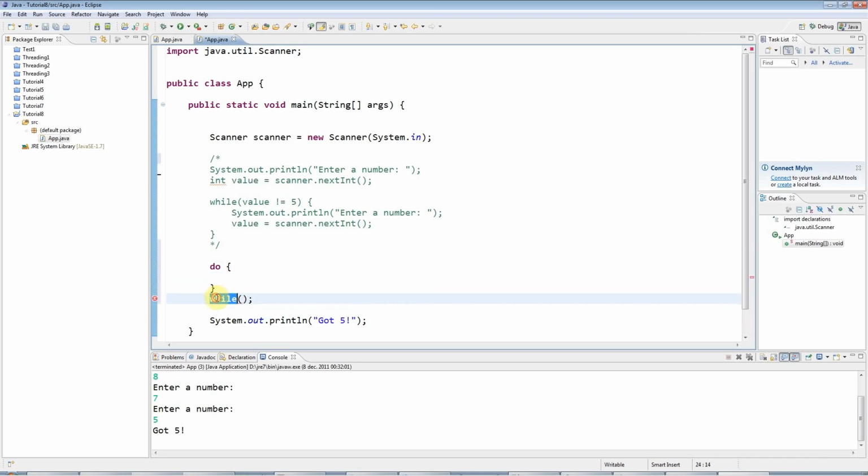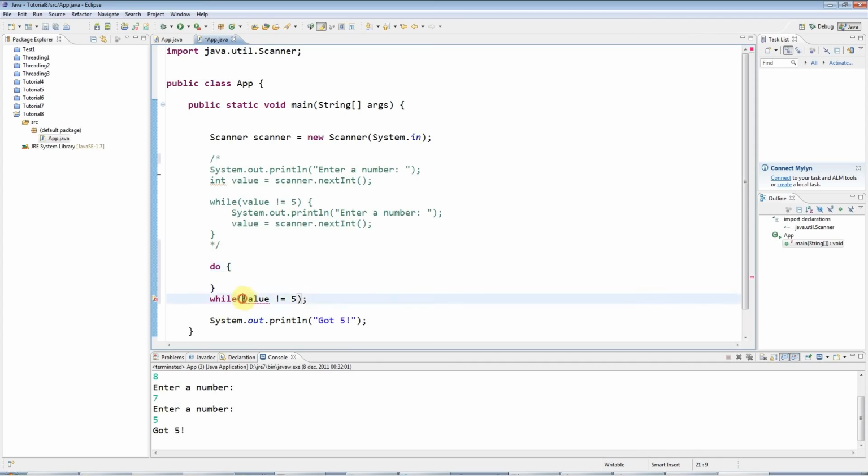So you've got while, round brackets and a semicolon, and in here I can check some condition, for example value not equal to 5, and as long as this condition is true the loop will go round and round and round. Now the difference between this and a while loop is that because I'm only checking the condition at the end of the loop, there will always be at least one run of the loop,